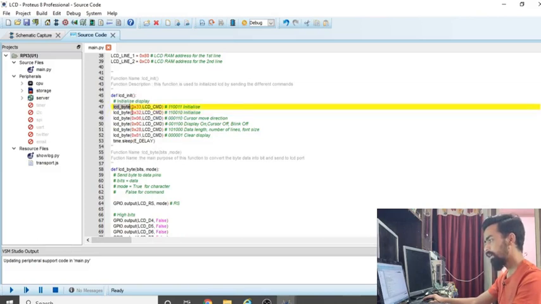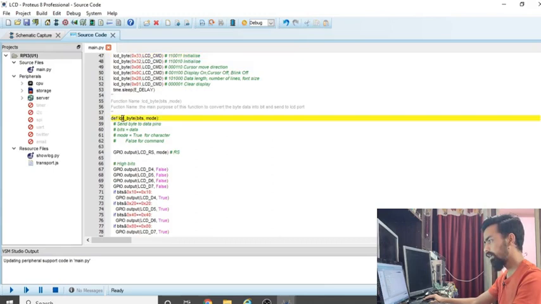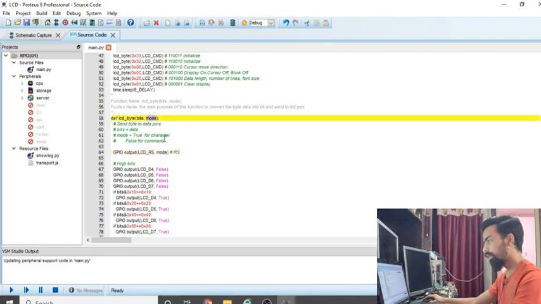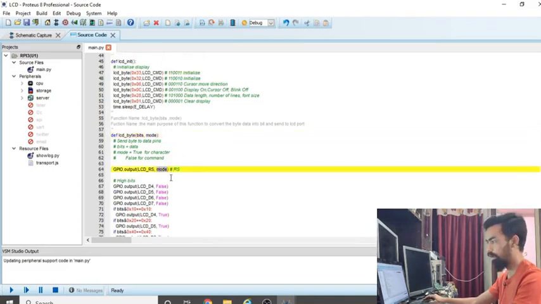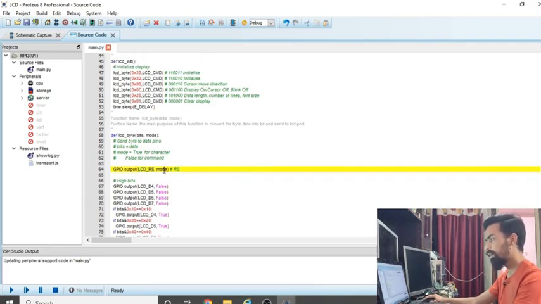The LCD command jumps to this lcd_byte function. After that, GPIO.output selects the LCD RS pin with the mode. So what is mode? We have sent mode as the LCD command, which means this is the command mode. Whenever there is a command mode, you have to select the RS pin, and the Raspberry Pi should send a 0 signal on that RS pin.